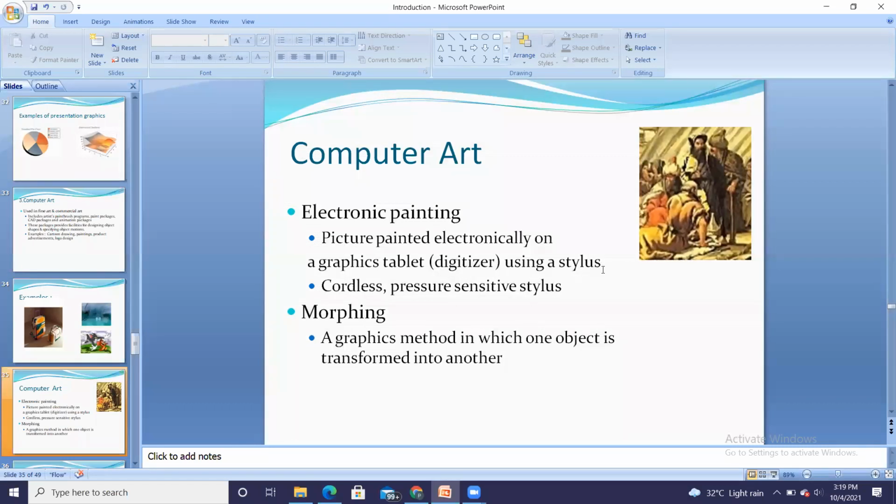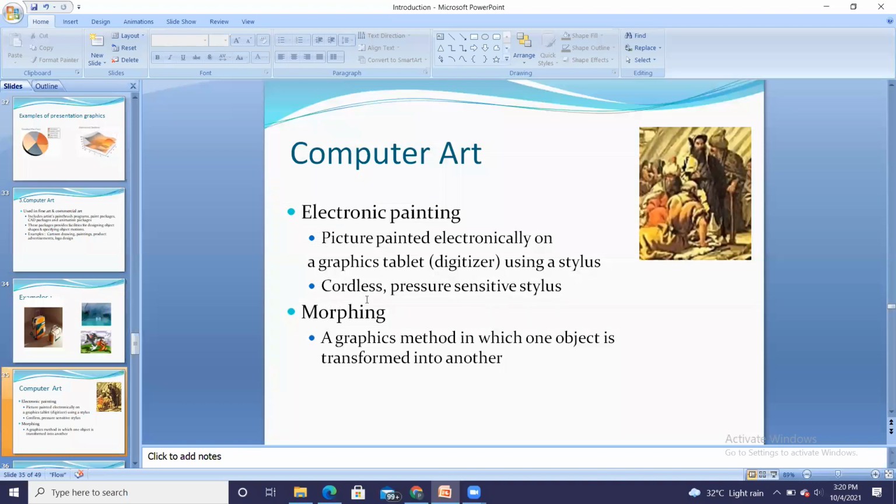So a computer device, a digitizer, and a stylus. Whatever I draw on that digitizer using the stylus appears on your screen. Here you have a cordless and pressure sensitive stylus.